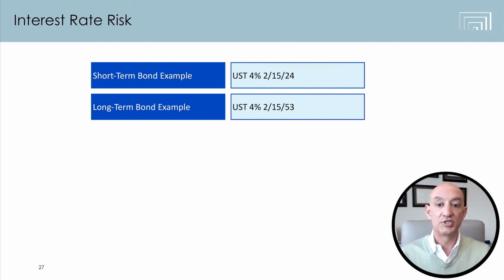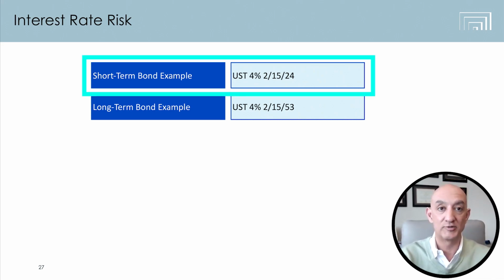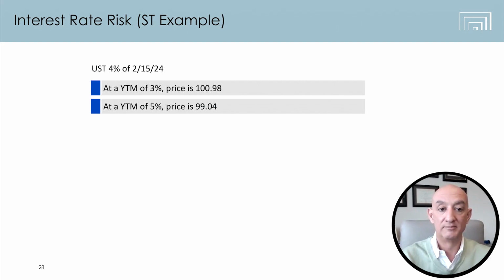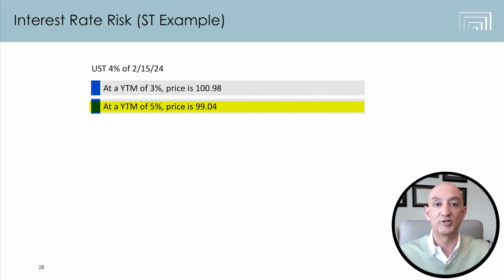So now we're going to create two additional hypothetical bonds. We'll use a short-term bond example of a one-year treasury, and we're going to use the same coupon for both of them just to keep the math simple, of 4%, maturing 2/15/24. And we're going to use a long-term bond example of a 30-year treasury of 4%, 2/15/53. So in that short-term bond example, let's say you bought this bond, the 4% coupon at par, and let's just say for the sake of the math, like this is probably something that has never happened and might never happen, but let's say that the second you bought it, interest rates on the one-year treasury spiked up from 4% to 5%, and you want to sell your bond.